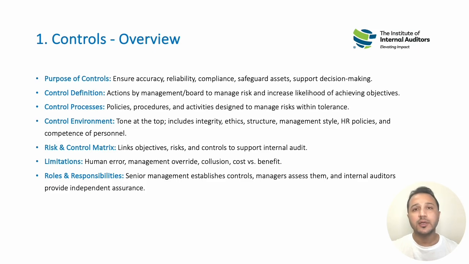Some of the key elements related to the control environment start at the top: the leaders of the organization, be it the board members, the CEO or the top management, lead by example. They do not enforce ethical decisions on you while doing something unethical themselves. So they have to lead by good example. Then it's about honesty, that they are doing their job with honesty, and the same is reflected everywhere in the organization, that people should do their job with full integrity and honesty. Ethically we have to do so, because sometimes ethics are gray areas within the organization.